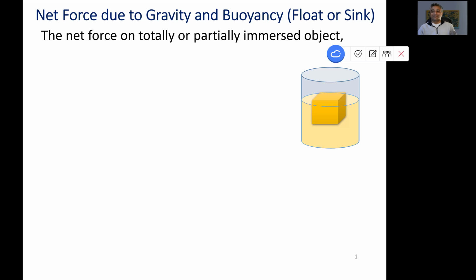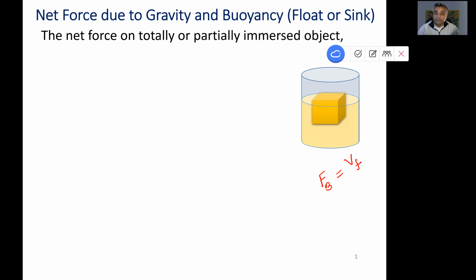So now let's get started. Last class, we learned that when we put something in a fluid, it experiences a net upward force. That net upward force is called buoyant force, and we denoted buoyant force by FB, and that buoyant force can be written as